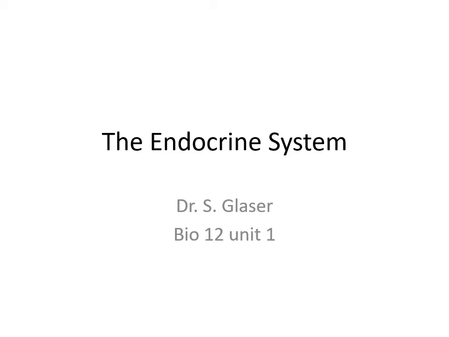Welcome to Unit 1. Unit 1, we are covering the endocrine system. The endocrine system is the system responsible for producing hormones. Hormones are chemicals that are distributed throughout your body in order to mediate different activities that are occurring by different structures. And we're going to discuss how these chemicals are distributed and how they influence the activities in remote parts of the body.